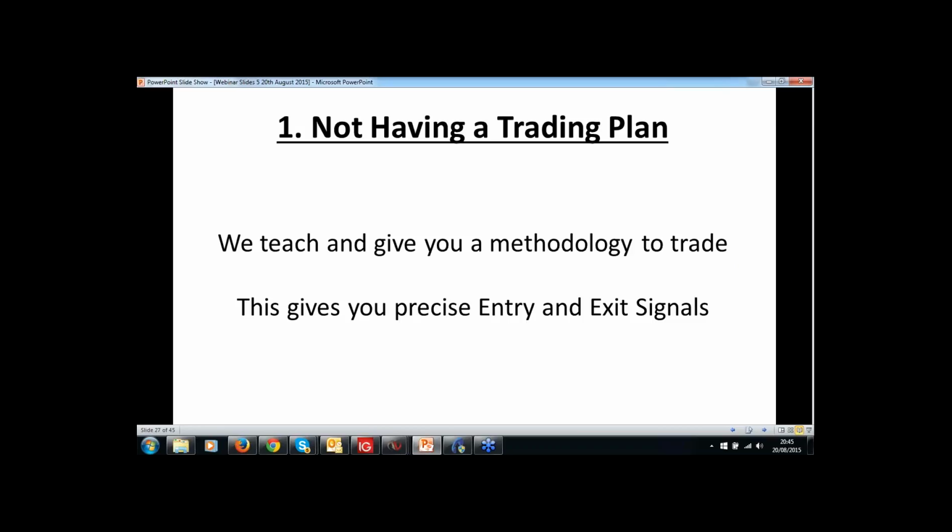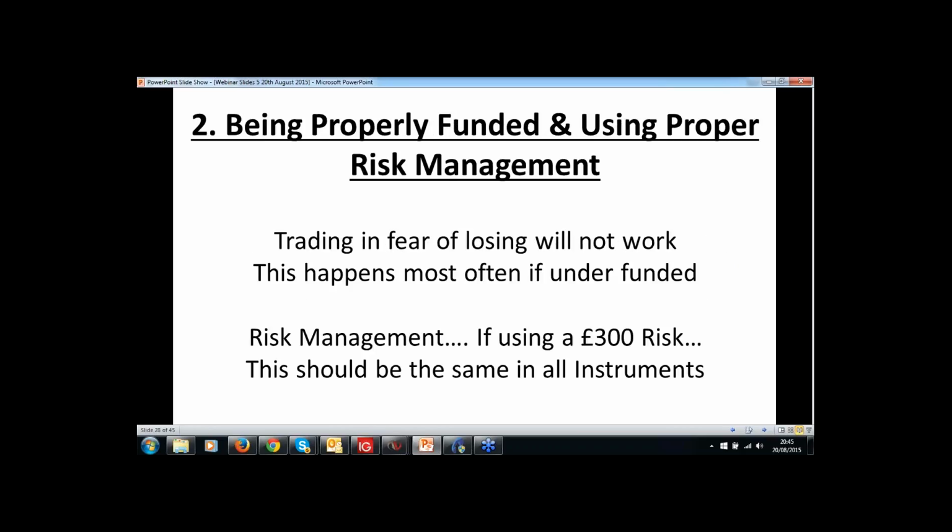Have a methodology to trade, whether it be our methodology or whether it be some other methodology that you decide to know or you have been trading. Use that and stick by it rigidly. Number two is be properly funded and use proper risk management. And why I say being properly funded, because if you, as we've said now over here in the UK, for some of our American clients that are on here this evening, our friends rather,